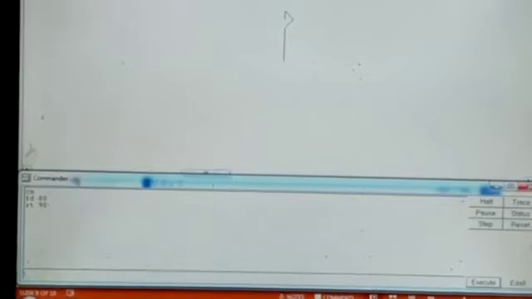Now I will turn the turtle. RT space 90, enter. Now I want to draw an invisible line. To draw an invisible line, I must use the command pen up. You can type the full form or you can give PU. Now I will type PU, enter.